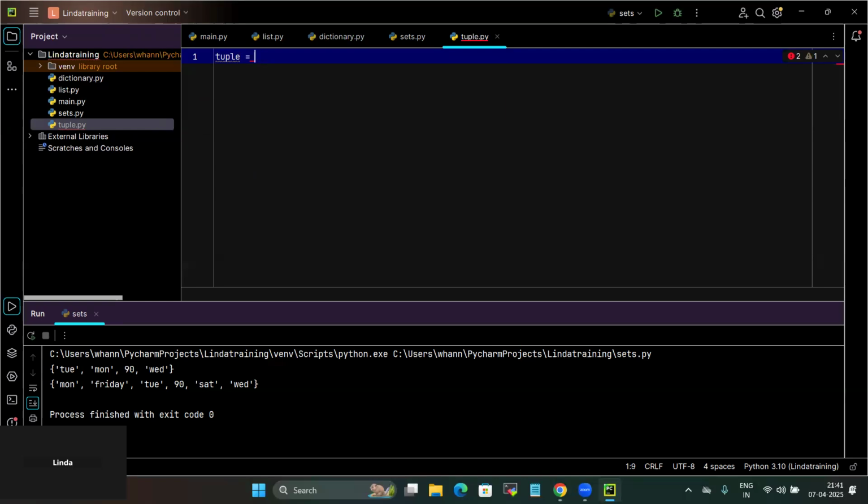Let's add fruit names: apple, mango, berries. Then let's print